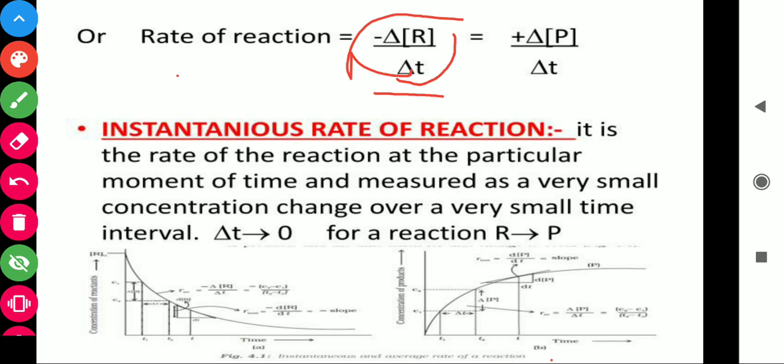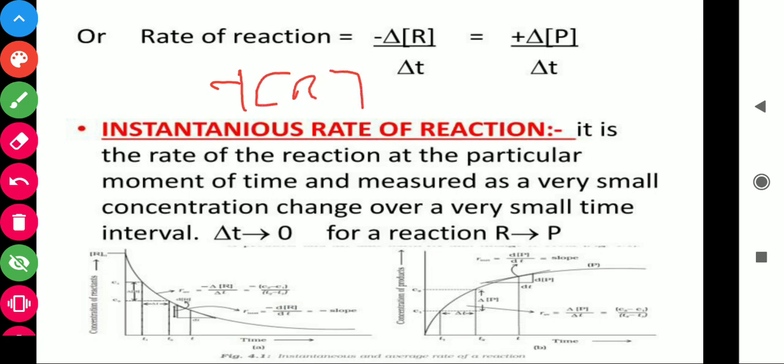To make it positive, we keep negative here. Then change in concentration of product upon time. If we take instantaneous rate, the time interval is very short. When the time interval is very short, we take it as dR by dt, which is equal to minus